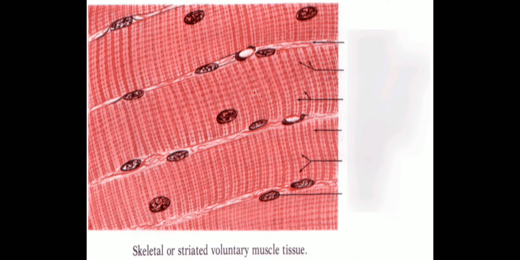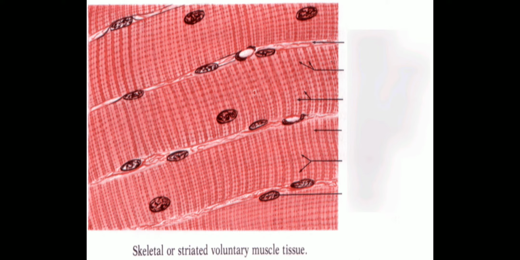The cell membrane, that is called sarcolemma, surrounds the cytoplasm, and I told you cytoplasm is called sarcoplasm. So here sarcolemma surrounds sarcoplasm. Sarcoplasm contains a large number of parallelly arranged myofibrils. Hence you will find that the nuclei get shifted towards the periphery. So here in each skeletal muscle, whatever nucleus is present, that is present towards the periphery, that is away from the center.